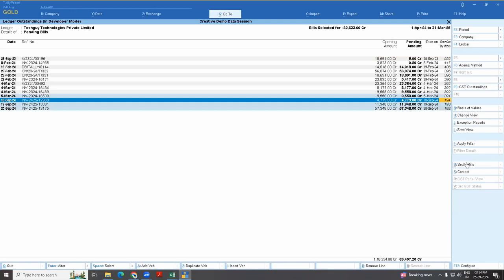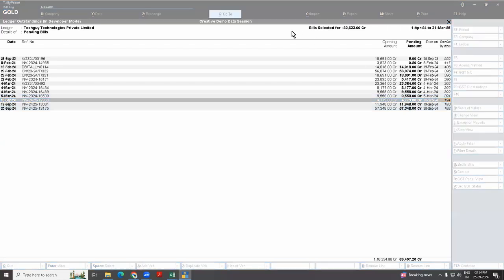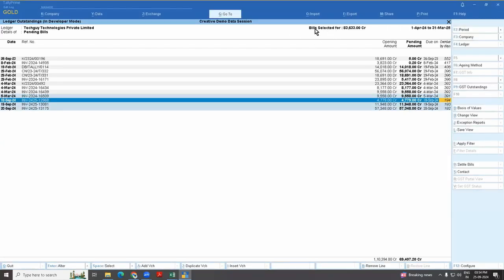See, this is the report where we are going to do some activities. One, I am going to see that party's outstanding amount. I am going to settle by selecting these bills. On the right side is the button, Settle Bills. What is the amount? 9,000, 4,000, 11,000, 57,000. And at the top of the report, there is the option given by Tally, bill selected by